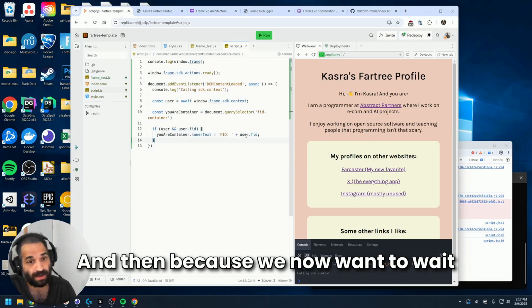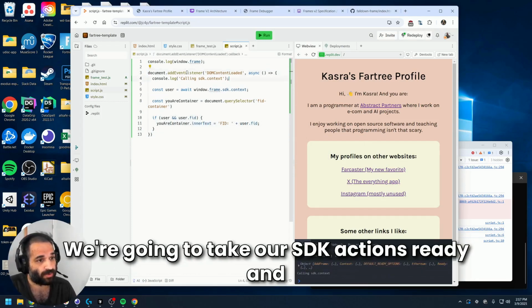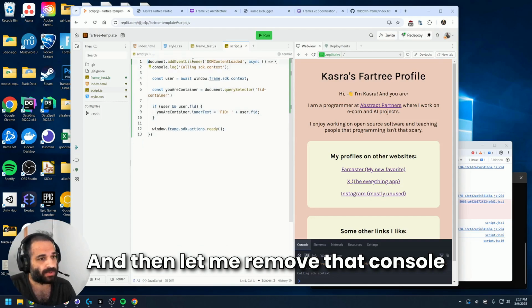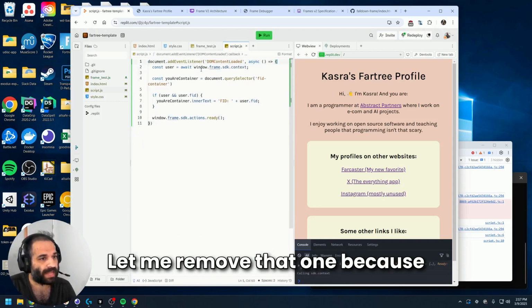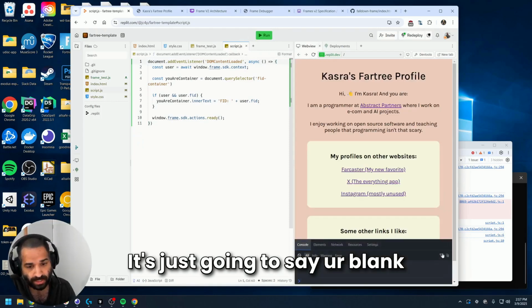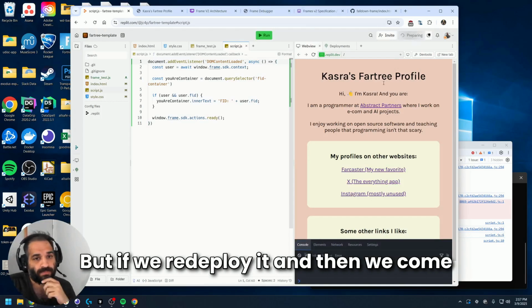And then because we now want to wait for the user to actually come in, we're going to take our SDK.actions.ready and only call it after we do this stuff. And then let me remove that console log because we don't need it anymore. Let me remove that one because we don't need it anymore. Hit run. It's just going to say you are blank because we're not in the frame context. But if we redeploy it,